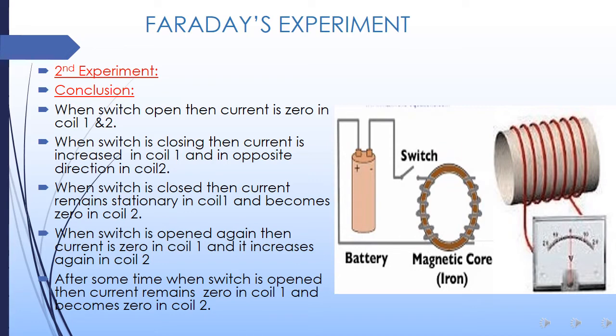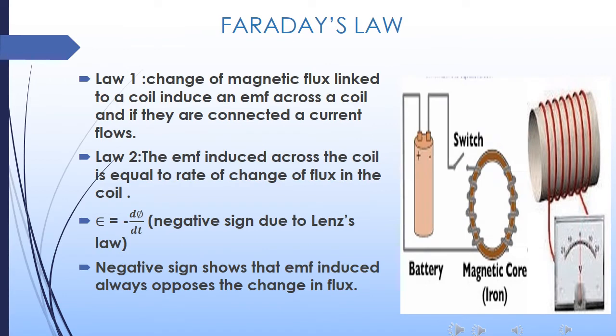So there is a current when magnetic flux is changing, whether we create this magnetic field with a bar magnet or with a coil. In both cases, what we are creating is a magnetic field, and when it is linked with a coil, it converts into a magnetic flux, and the changing of this magnetic flux creates current. This is what Faraday and Henry explained through their experiment. And now, on the basis of this experiment, Faraday gave his law, which was known as Faraday's law.